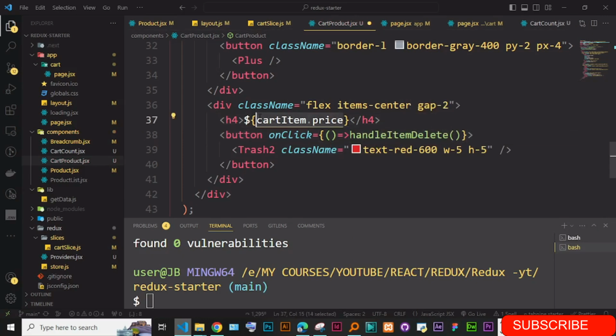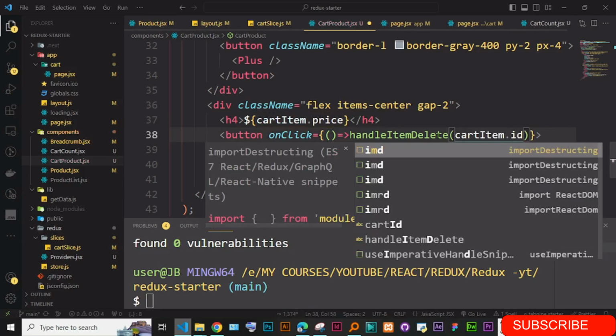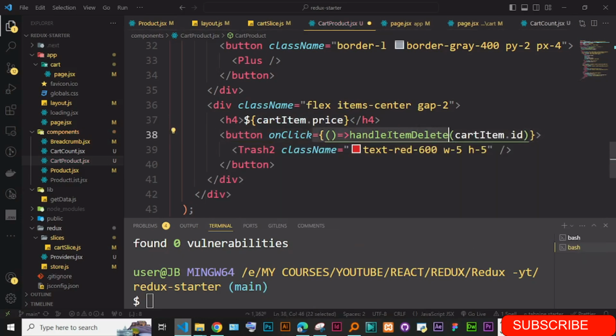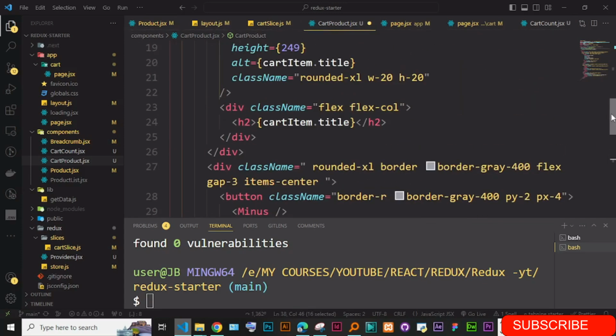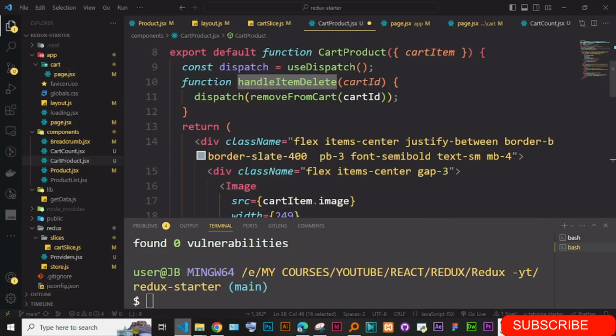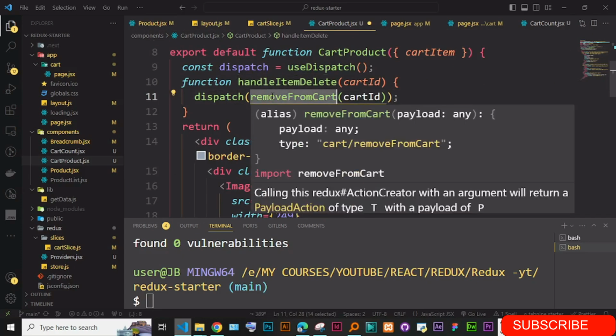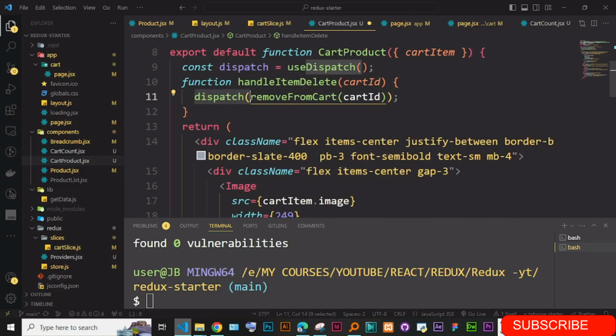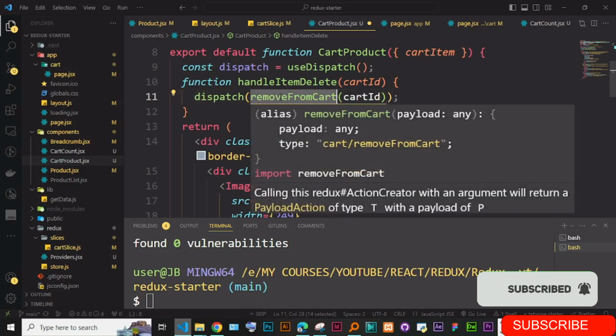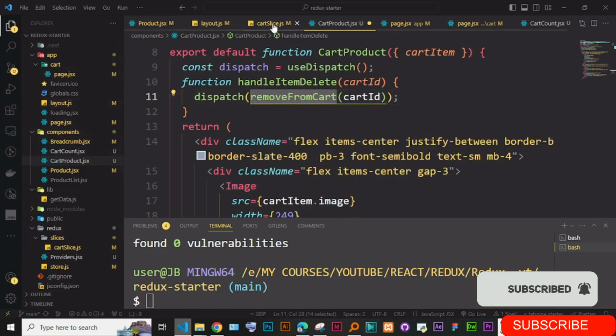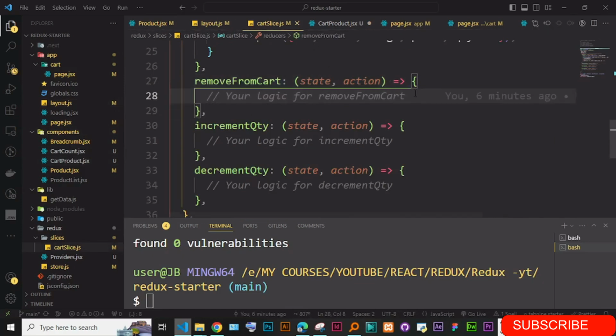So just come here and put this cart item dot ID instead of price dot ID. So we pass in the ID. That's the only thing we do. So this one runs, it dispatches, or it calls this function removed cart. If we go to removed cart, because this is dispatching, it goes and invokes this reducer. Now when we go to cart slice here, in this removed cart,